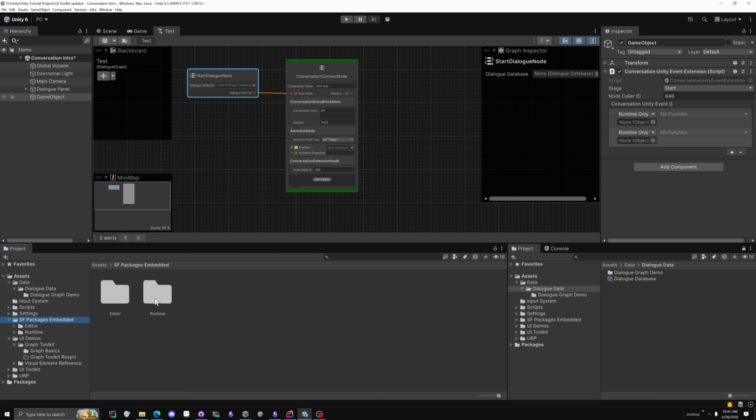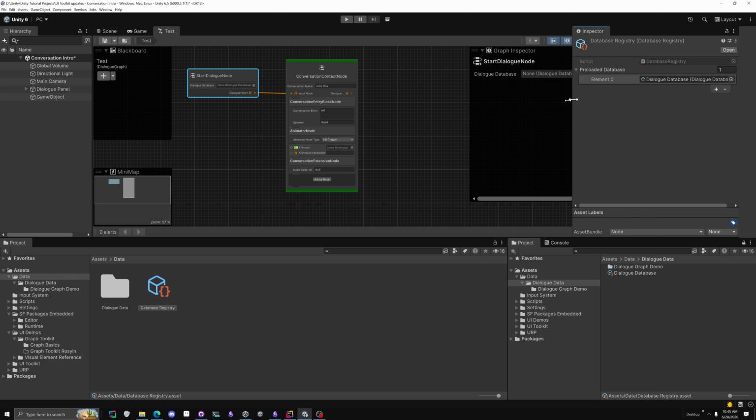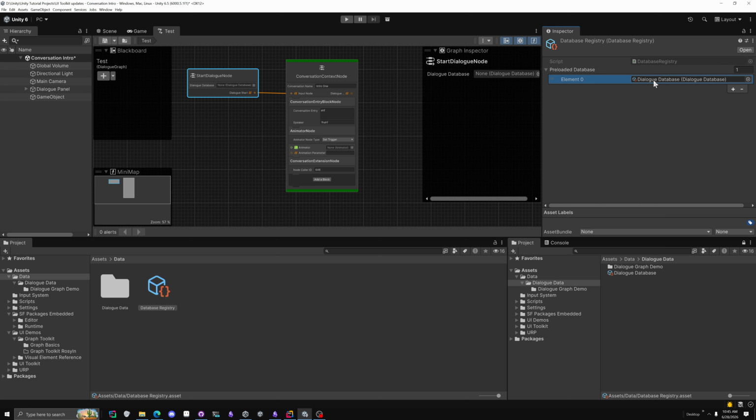There's also a lot more other stuff that's been added to it. Oh yeah, I did add the database system. So for anybody wondering, I actually have a database registry. It can be dialog, it can be enemy database and stuff like that. Database registry, literally whatever you assign a database to the list, it will actually add it to a setting inside